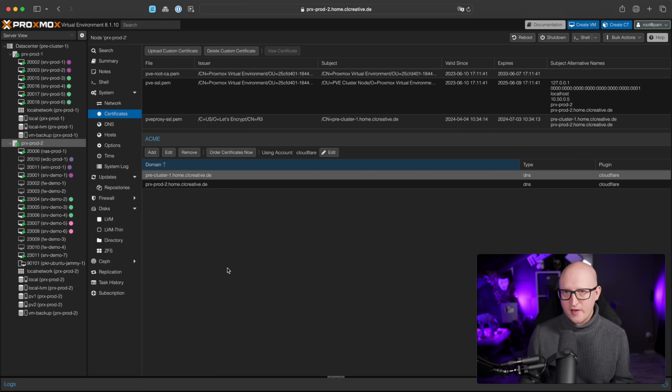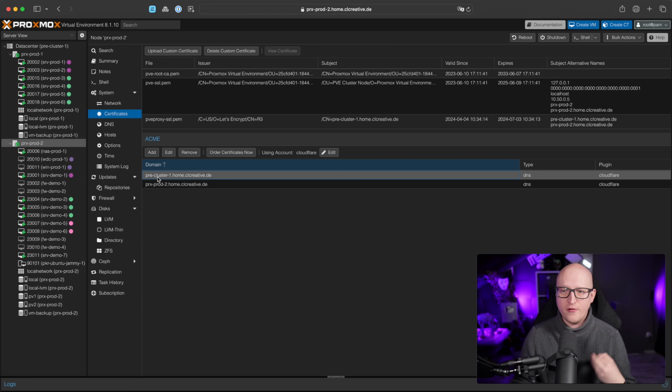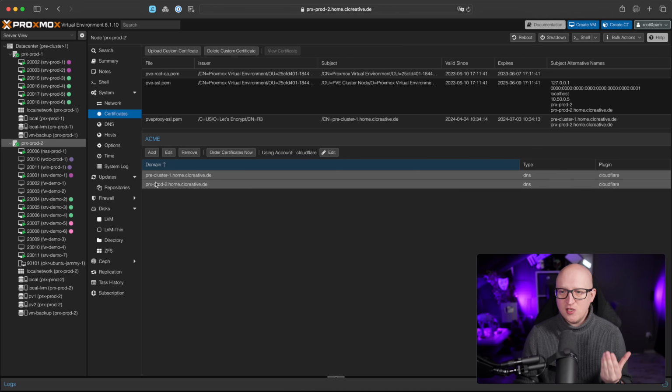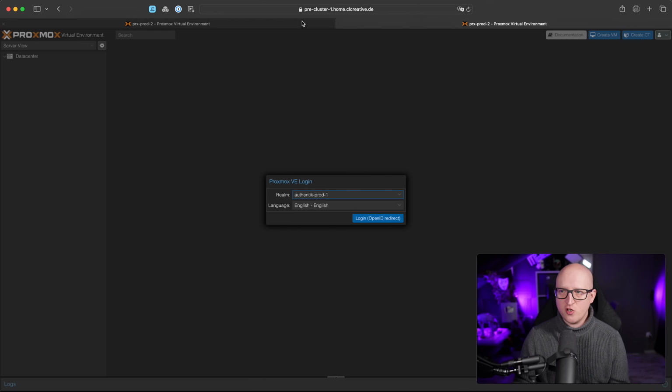And the reason why I'm doing this is, if you have watched my last video about the Proxmox cluster, you know that you can manage any VM from any node in the cluster. And I simply created a load balancer object that will forward the incoming traffic on this domain name to any of those 2 nodes, depending on which one is currently active. So I don't need to remember which node is currently active and running. I can just use the PRE cluster 1 name, and it will automatically forward the traffic to any of the